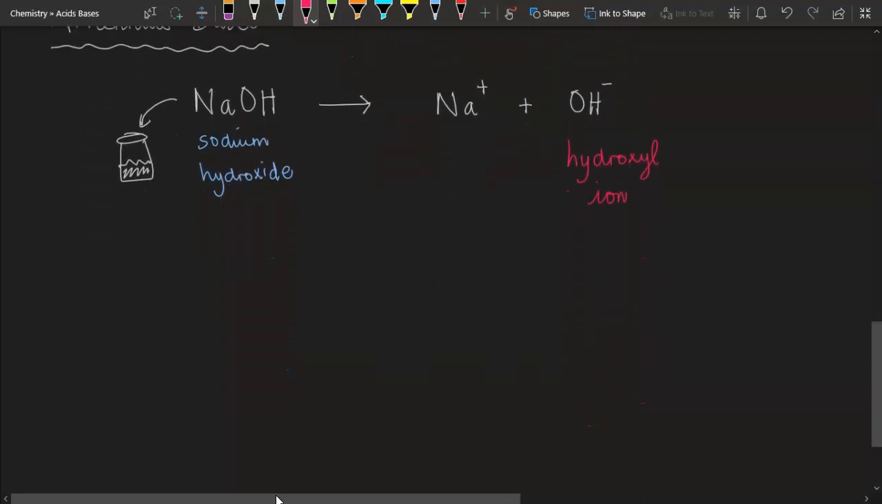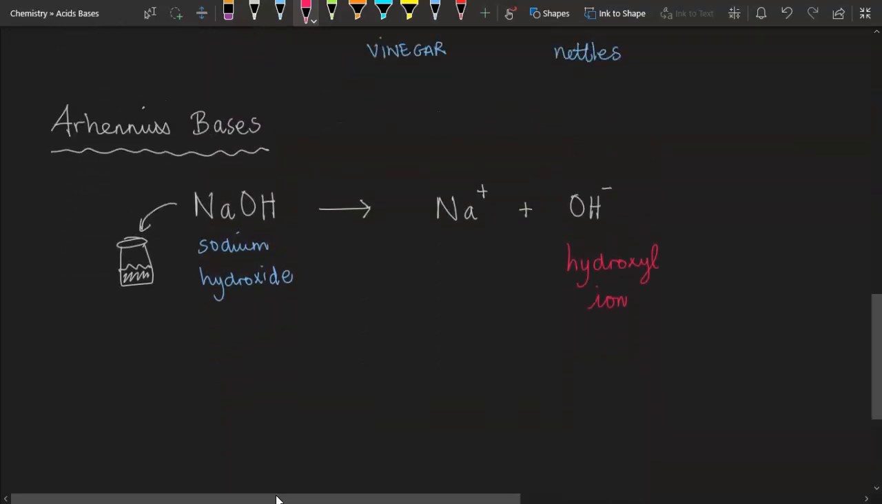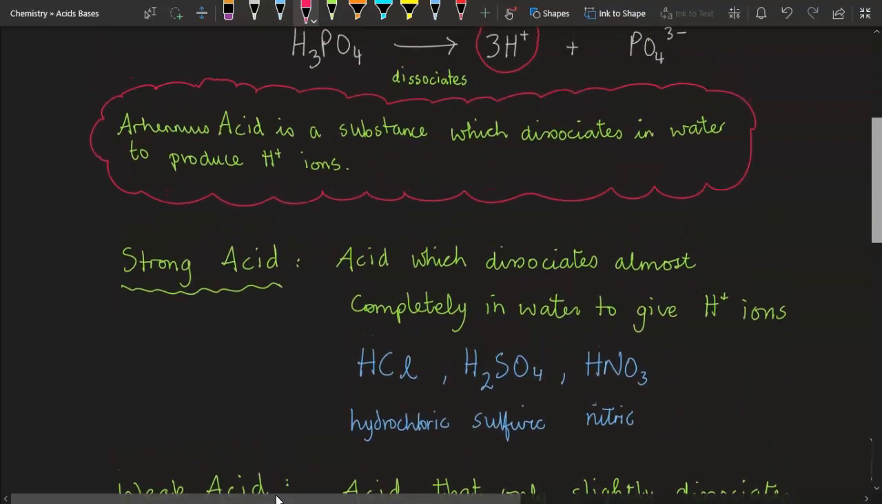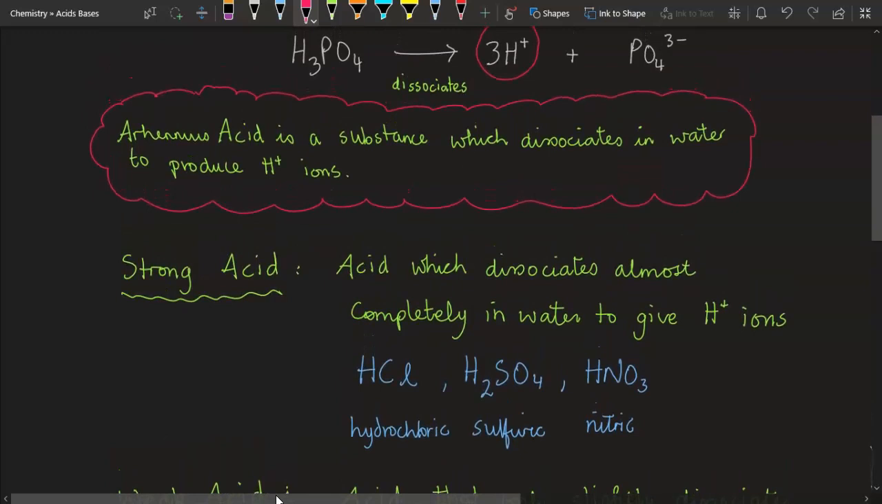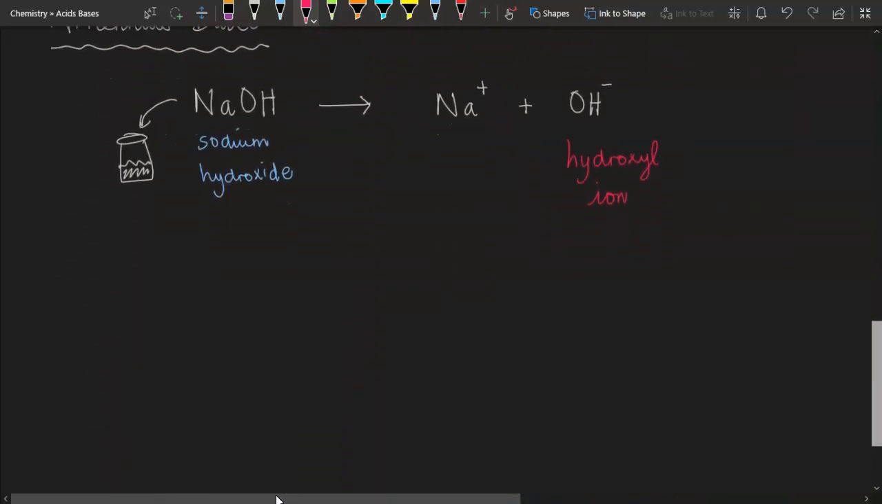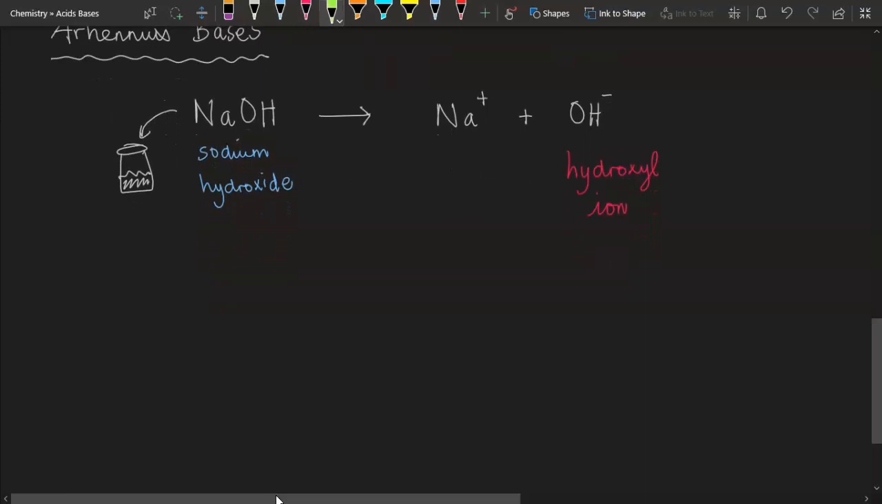But again, the definition here is going to be the same as our acid. If you look at our acid up here, an Arrhenius acid is a substance which dissociates in water to produce H+ ions. The same thing happens for an Arrhenius base, except it's not producing H+ ions, it's producing OH- ions, or hydroxyl ions. So again,